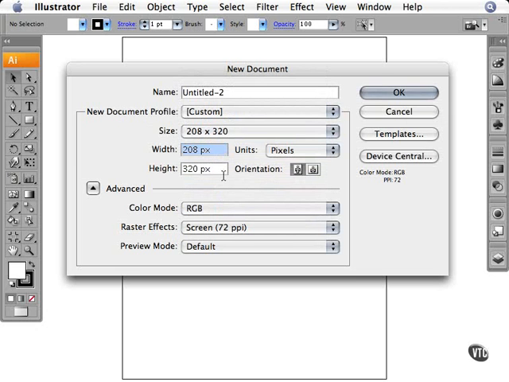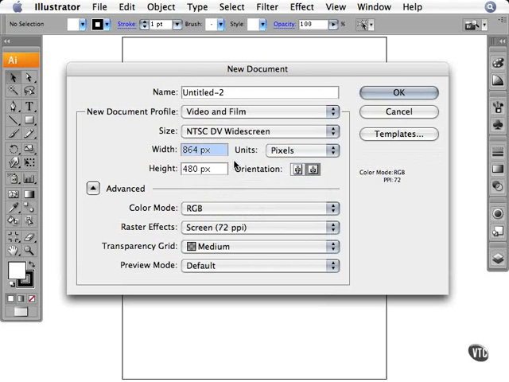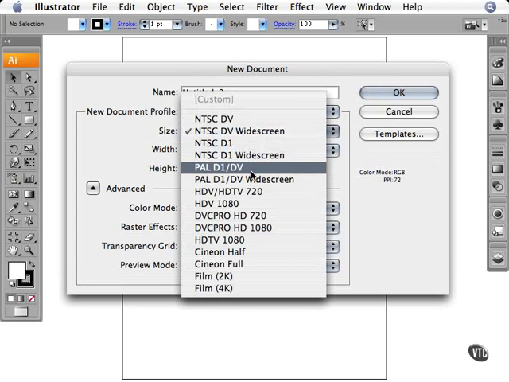Likewise, you can type that information in. And of course, since we are dealing with a screen, we are dealing with RGB and pixels. We can also work with video and film sizes. So we can choose from the North American standard, which is the NTSC. We can also choose to work with the European PAL format, and some of the really high-end and high-resolution HDTV,